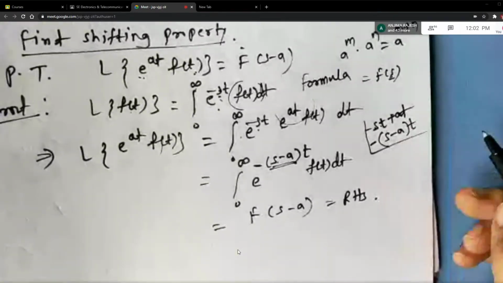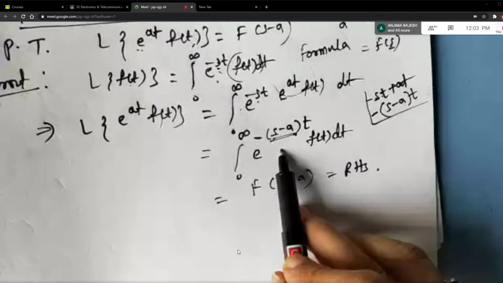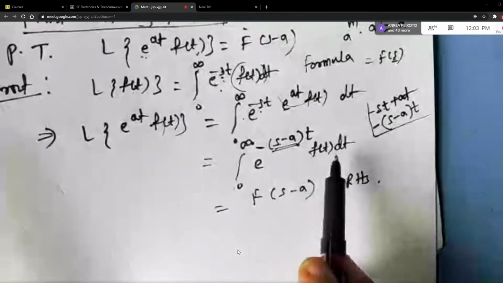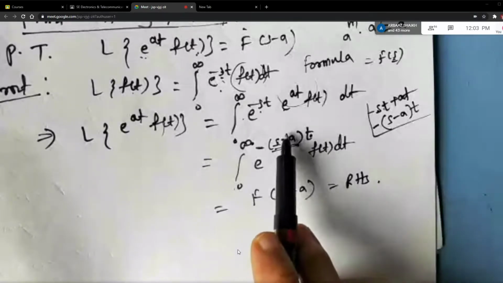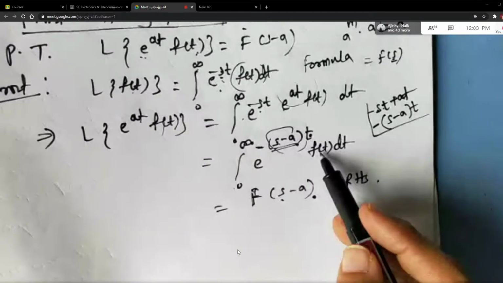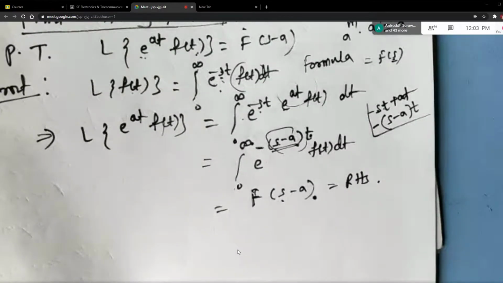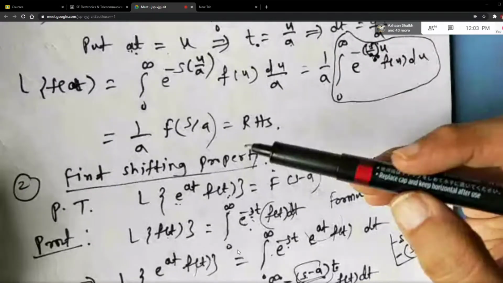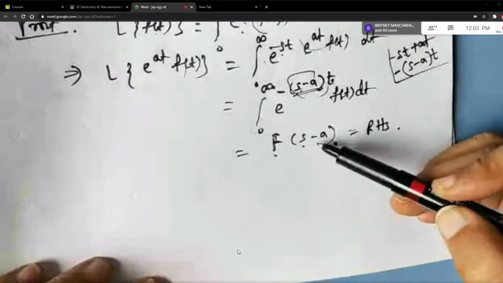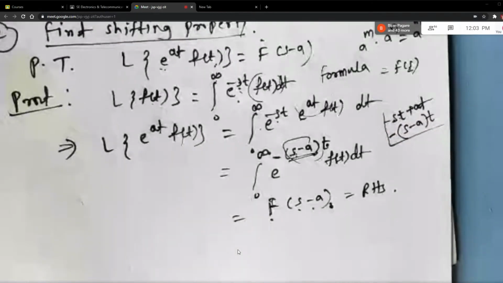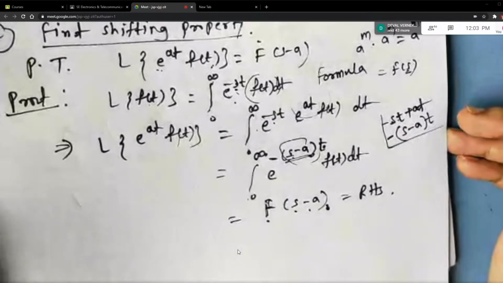Okay. And now compare it with the basic formula of Laplace transform, which is there on the same page. 0 to infinity are the limits. E raised to minus st. Here in place of s, what do you have? S minus a. So it will be capital F of s minus a, because f of t dt is there inbuilt in the formula. In the previous formula, in place of s you had s by a, and therefore we wrote it as capital F of s by a. Here, in place of s, you have s minus a. So it is capital F of s minus a. And this is what we were asked to prove. Okay. Are you writing, students?